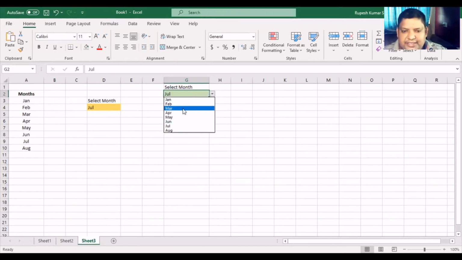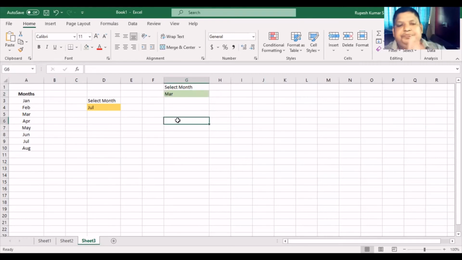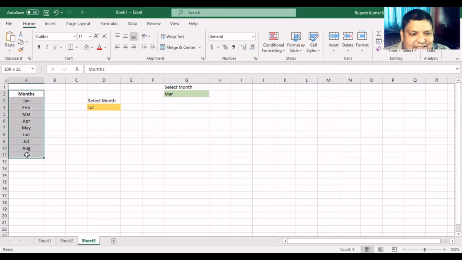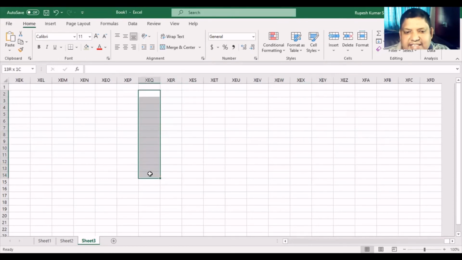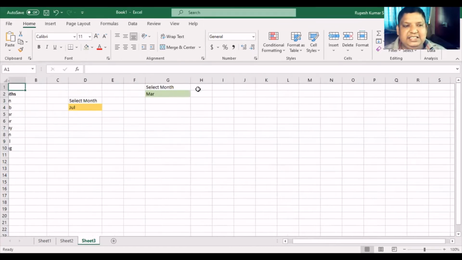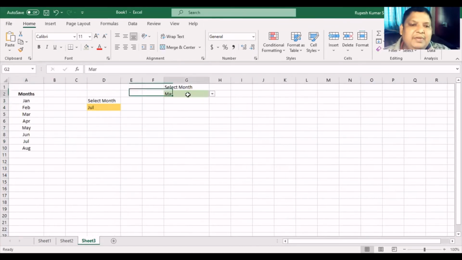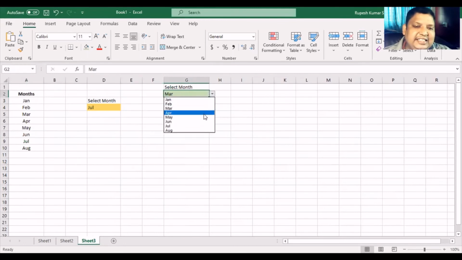So how I use it in my Excel workbook, whenever I'm working, whatever list I need to make, I don't keep the list here in front, but what I do, I go quite away from the data set in my Excel sheet, and all the lists which I need to make, I keep them here in the last, and then I refer to them in the source, and then my list will be there. So nobody will be able to understand from where this data is coming.